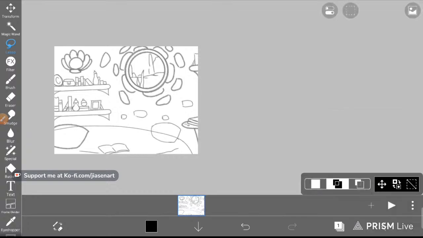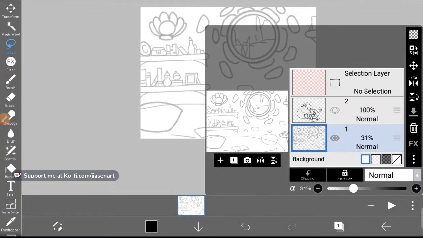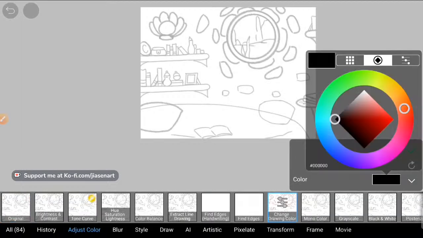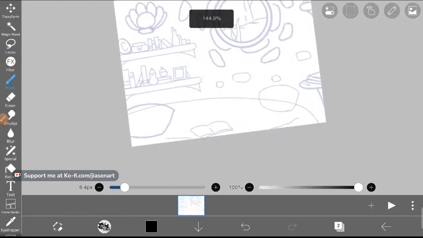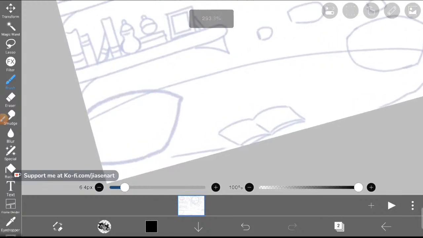And generally I do it with eyeballing the size. As I showed, this is just a rough sketch, so I just created an oval, and then you have what,